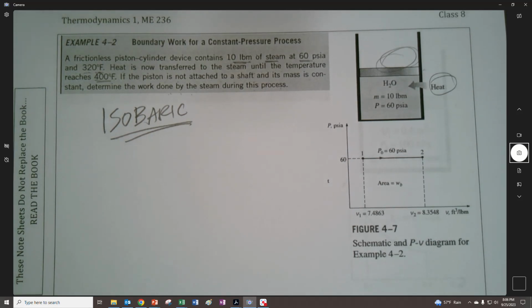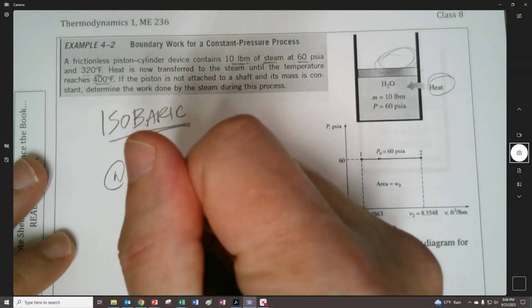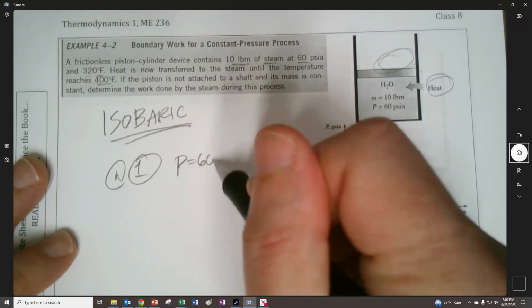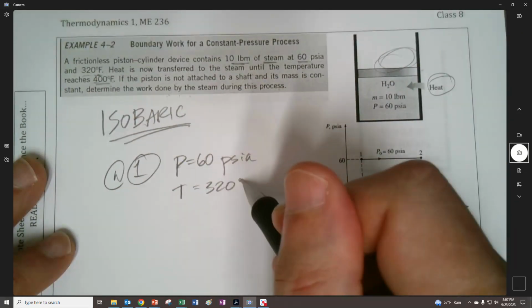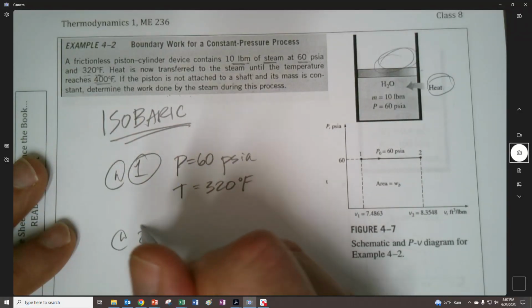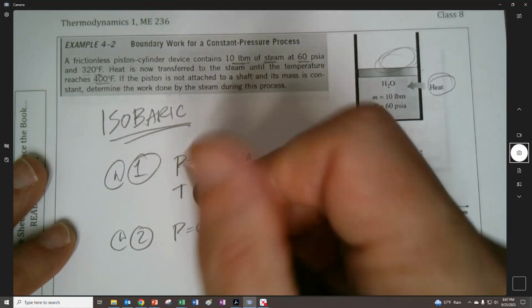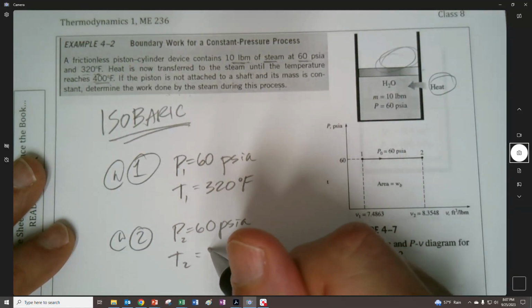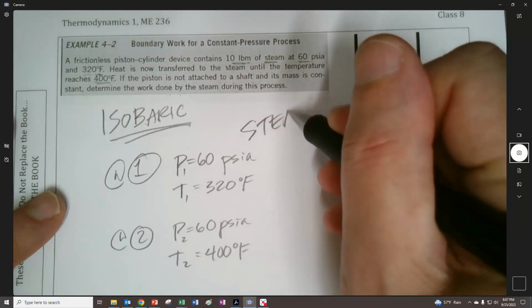I'm tired. Let's take a look at these different conditions right here. At state 1, the pressure is 60 psia and the temperature is 320 degrees Fahrenheit. And then at state 2, the pressure is 60 psia, so this is P1 and T1, and this is P2 and T2. We have 400. And they said it was steam. So let's look that up